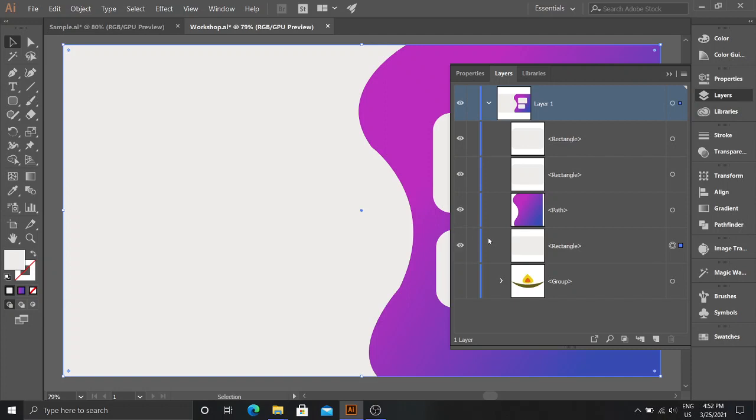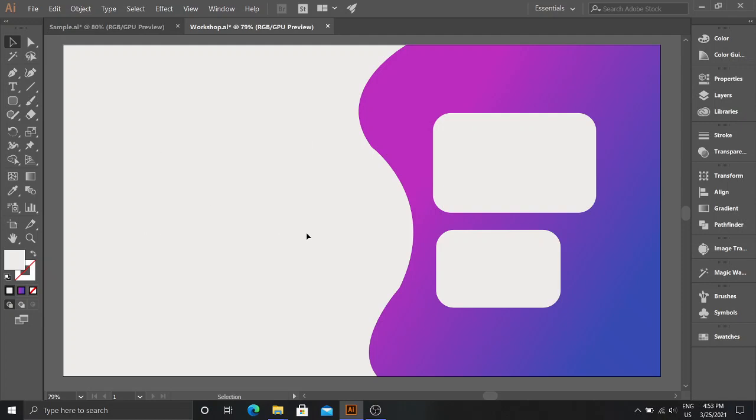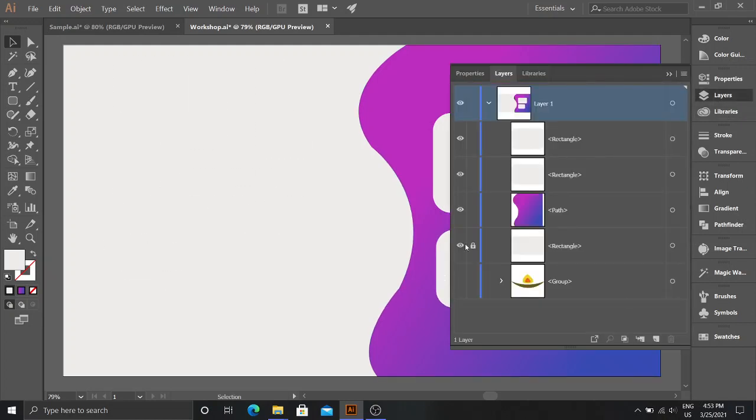Another feature is that you can lock any object, any path or any layer you want, so you won't have to edit them. If you accidentally edit them, you can always lock them in order to prevent anything like that. So let us just lock it here. This rectangle is now locked. Now I cannot edit it if I want. I cannot do anything with it. This is locked.